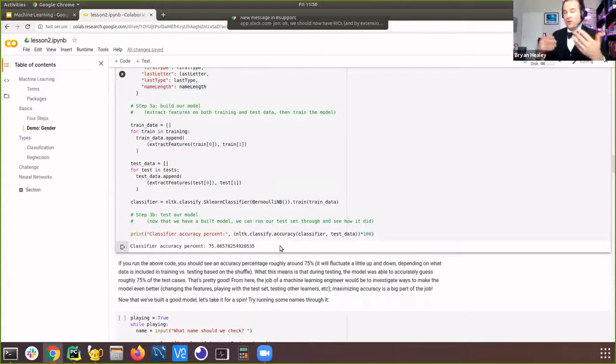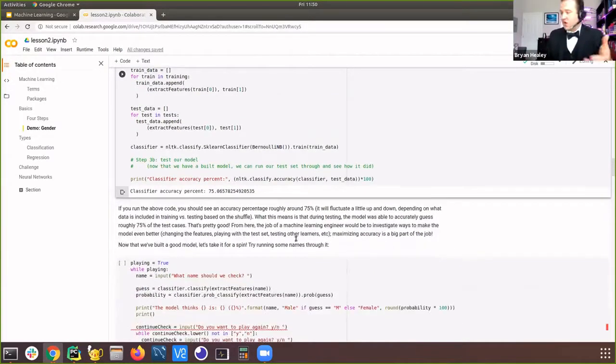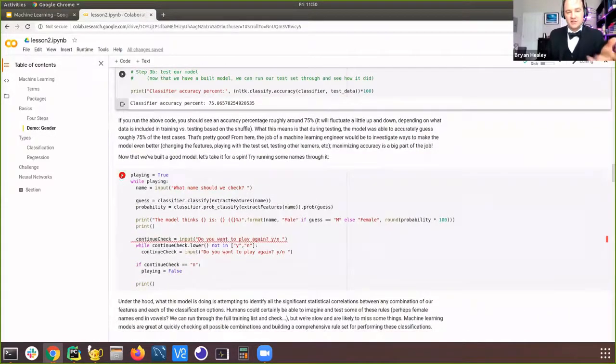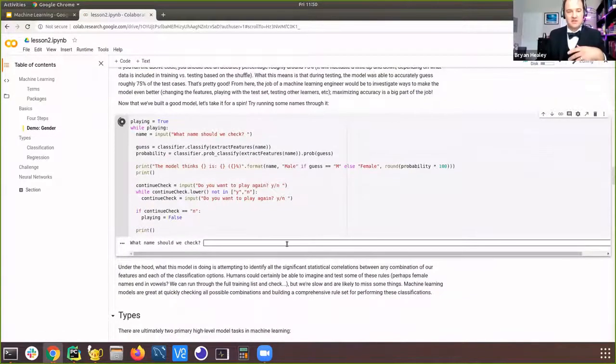Whether or not we think that's good enough, in actual industry practice, that's not very good. You hope your models really perform in the 90+ range, but it's not terrible. It's not a coin flip. It's not 50-50. So we'll call it maybe okay for a first pass test, and let's run a little game. Let's experiment with it. Let's see how it goes. Somebody throw out a name.